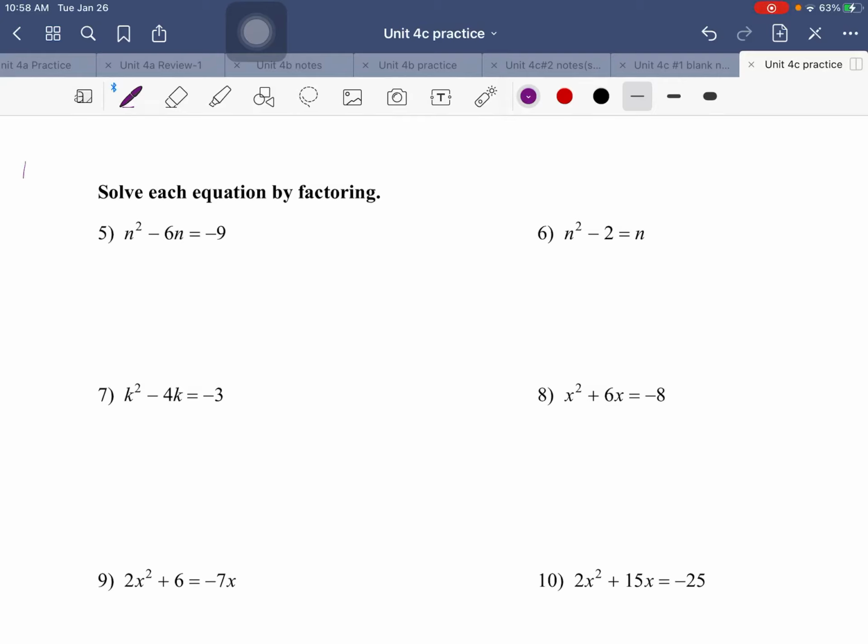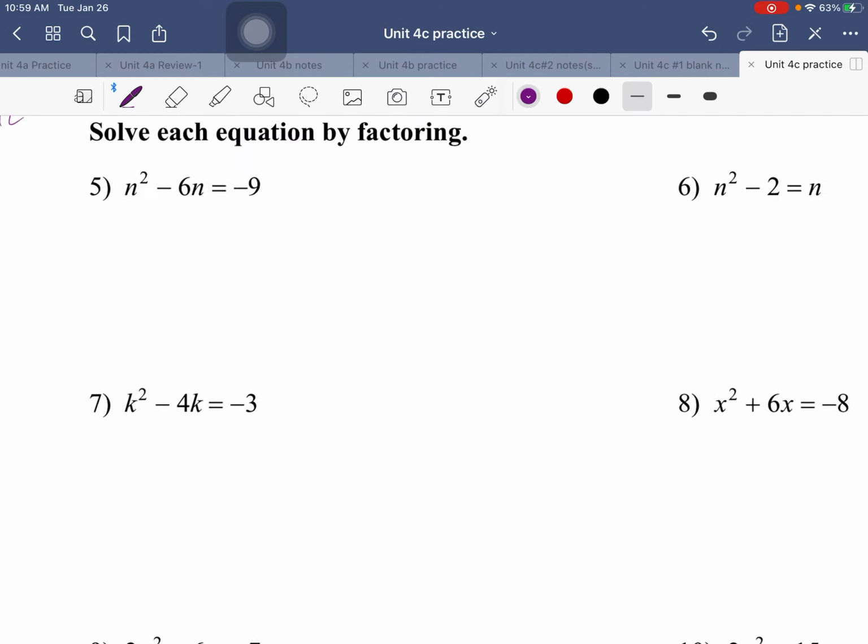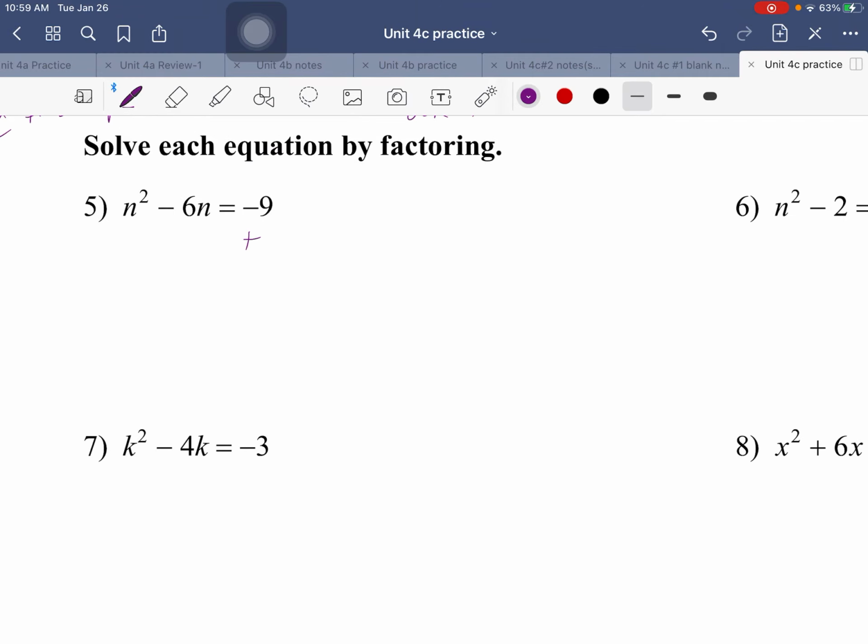All right, so this is 4C number 2 practice answers. The main thing we need to do is get each quadratic equation into standard form, so it has to equal 0. So we're looking at number 5. You have to add 9